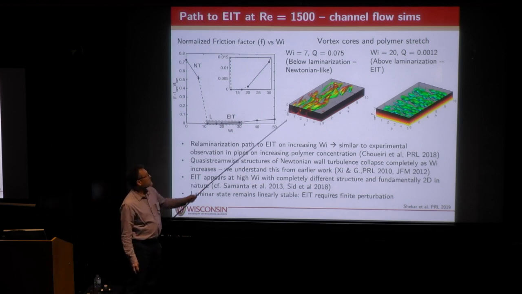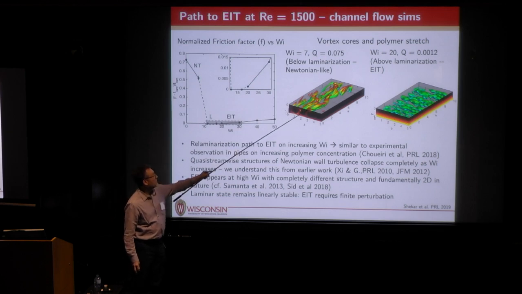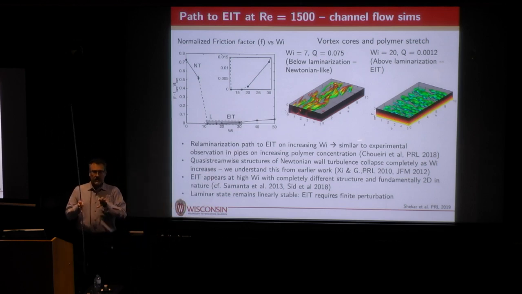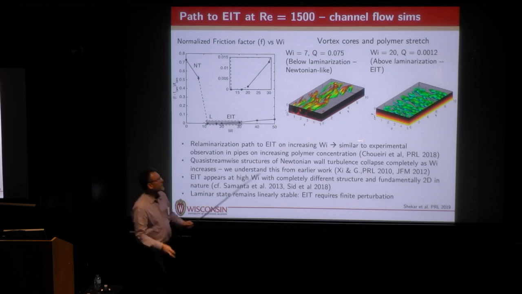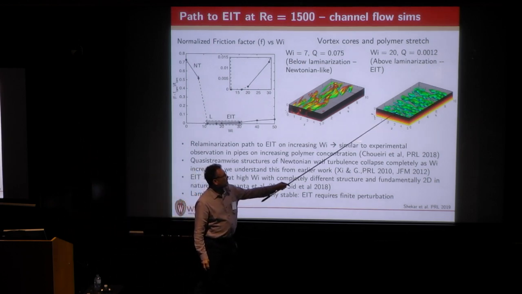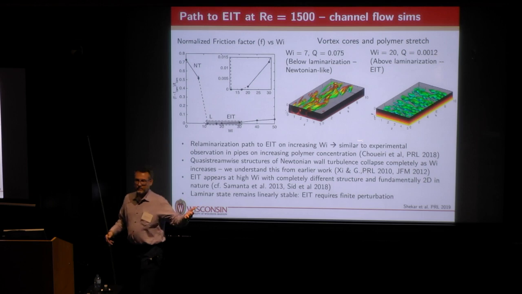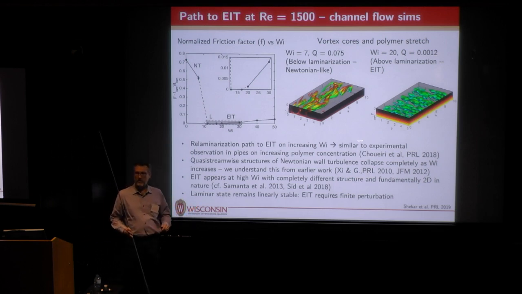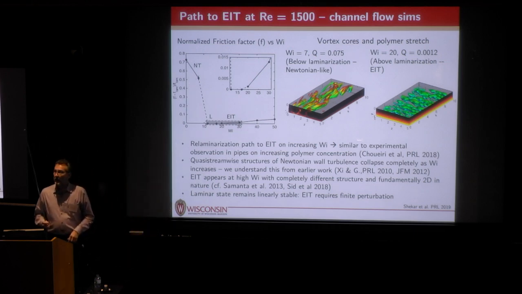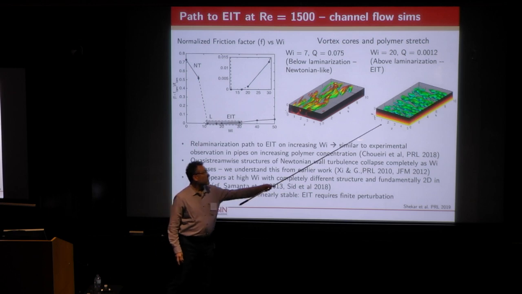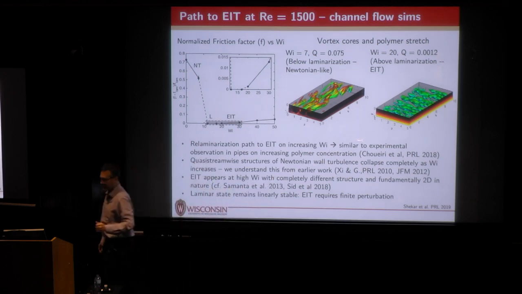These are the flow structures in those two regimes. Here, these are vortex core structures. You can see the streamwise vortices that you expect from Newtonian near wall turbulence, and I just told the story about how those are affected by the polymer dynamics. This picture over here is very similar to what I showed you from Yves Dubief's work a couple years ago. So qualitatively, we have very different dynamics in these two regimes. The rest of the talk is going to try to gain some understanding of what's going on in this regime.